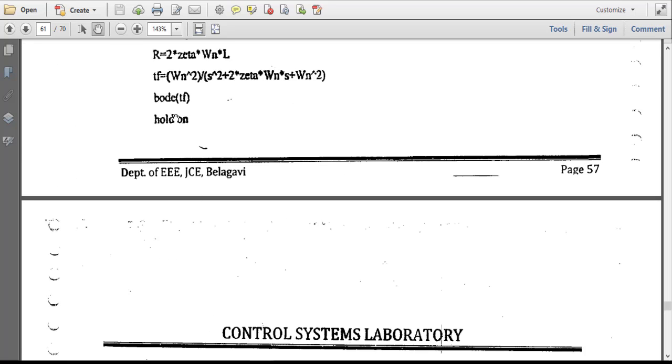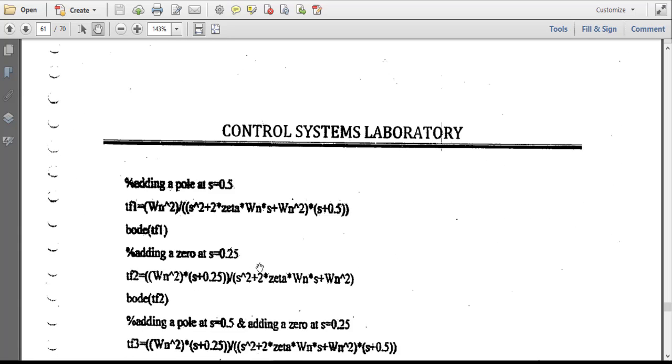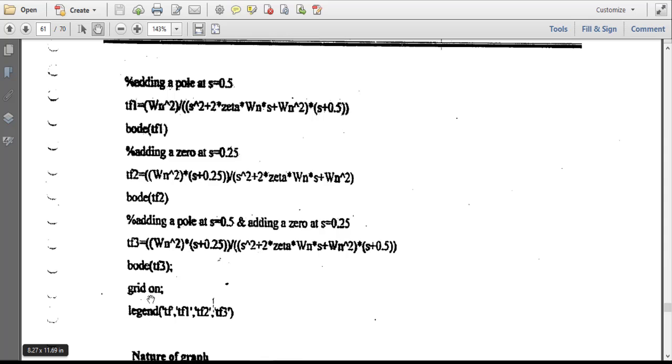Since the hold on command is there, all the figures are seen in the same window. Now after adding the grid on, you can write the legend. The legend will tell you which graph refers to what.